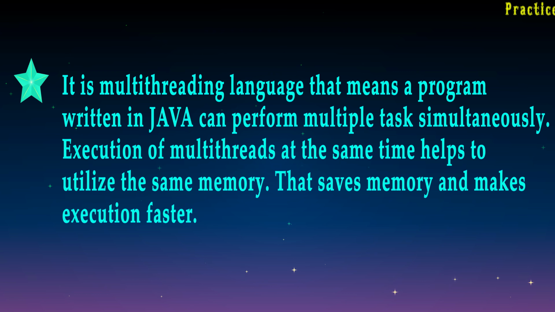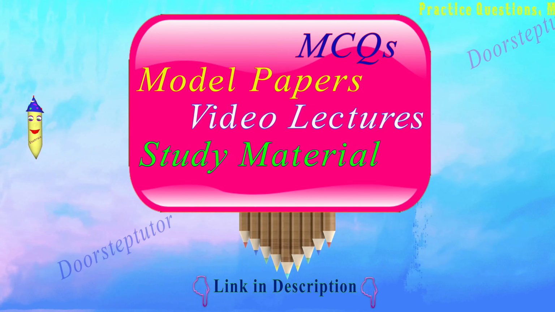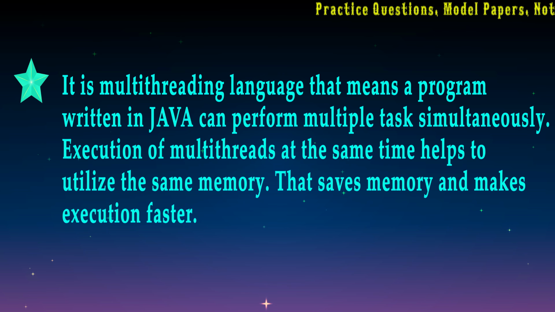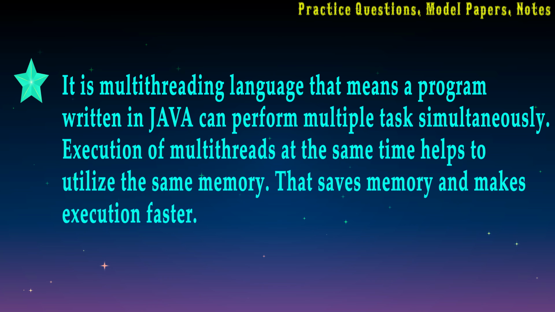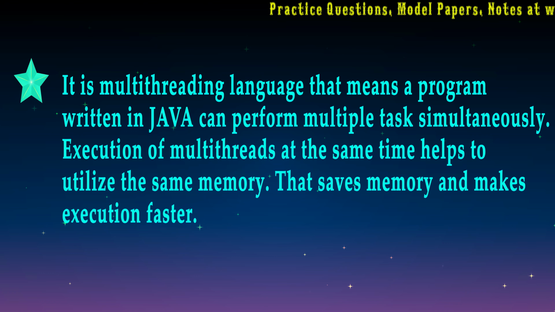Let's take an example. If we have one software which has to record the keys pressed by the person on the keyboard, then simultaneously it has to send the mail of the keys report, in the form of a notepad or word file, to the admin's mail ID. It means that at a particular time it will perform two tasks, that is multi-threading. It has to record the keys pressed, and it also has to send the email to the admin after 5 to 10 seconds. So it is a feature of the Java programming language, it is multi-threading.